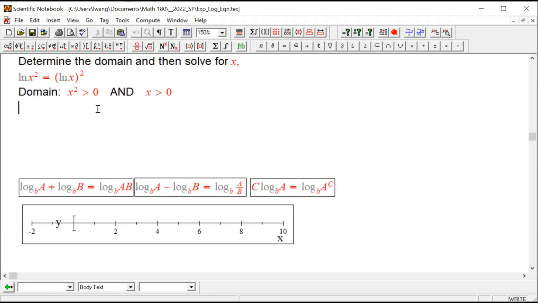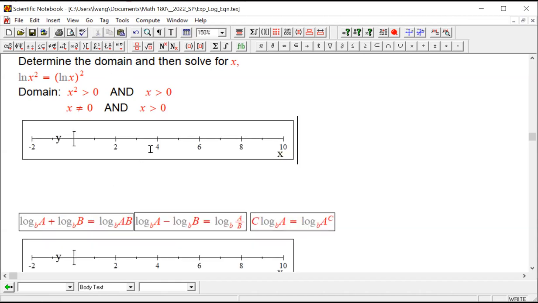Okay. So the final domain, where this one, you get x cannot be equal to 0, right? You get x cannot be 0. And this one, you get x has to be positive, right? So the common part would be what? The common part is x has to be positive, right? Not equal to 0, meaning